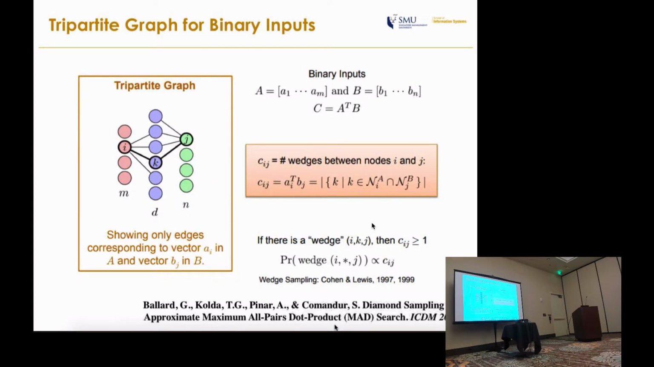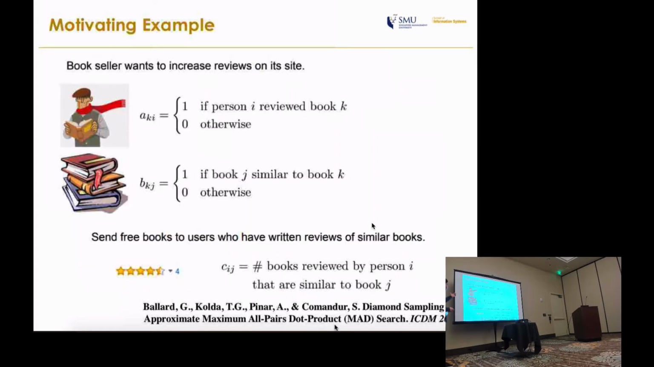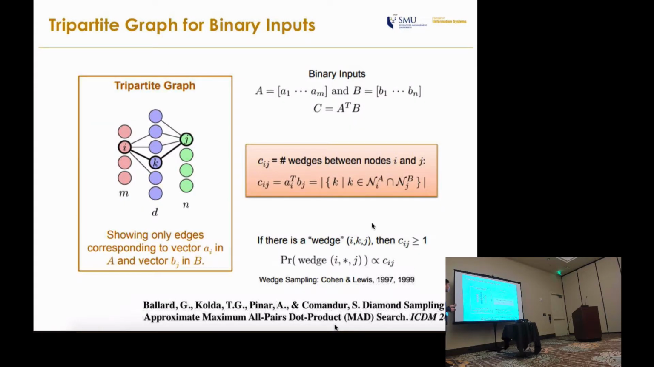So the approach that they use is based on sampling, using a tripartite graph. At first they solve the problem in which the inputs are binary matrices. Matrix A and matrix B have entries that are all binary values, either 0 or 1. So basically, the inner product between any row of the two matrices is the number of